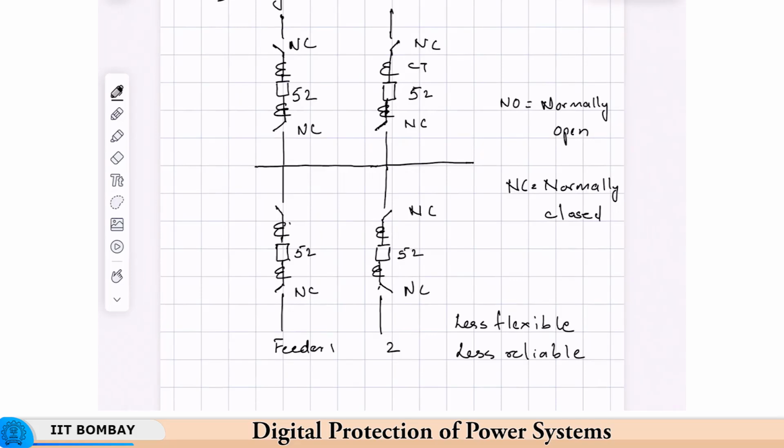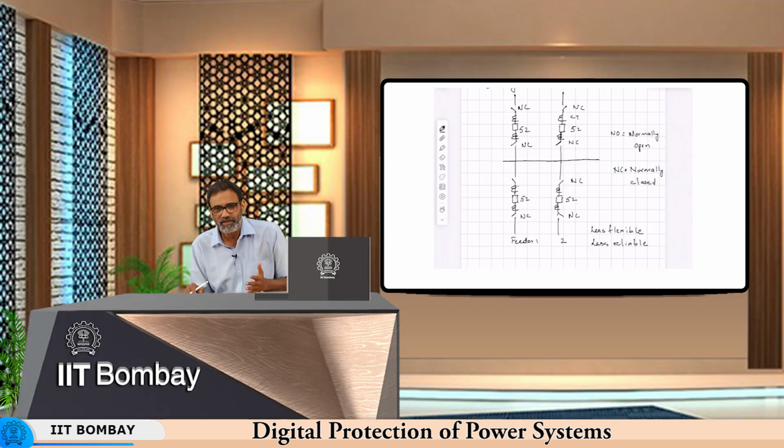Okay. One more thing is, this is usually there in low voltage metal clad switchgear and all that. So, usually only overcurrent relays will be provided, but if there is a bus bar differential scheme to be provided, then it will be provided like this. These CTs will be taken. We have seen that